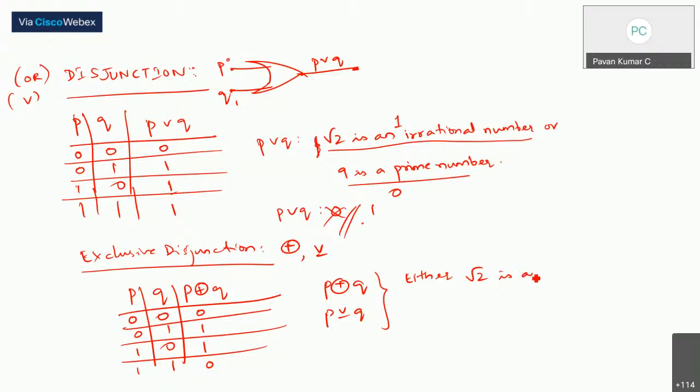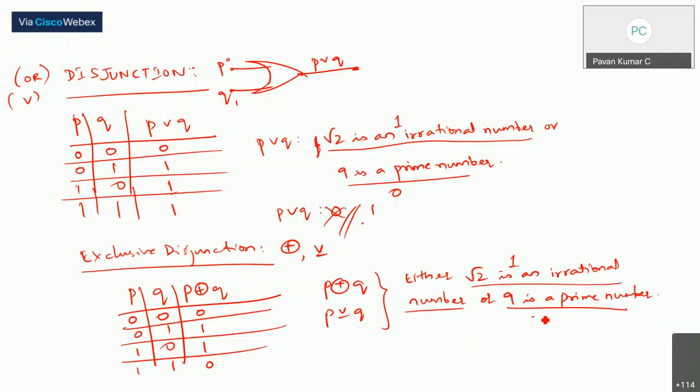Either root 2 is an irrational number, or 9 is a prime number. See, now if I again evaluate it, this is having a truth value 1 and this is having a truth value 0. So 1 and 0. So the value of this compound proposition is